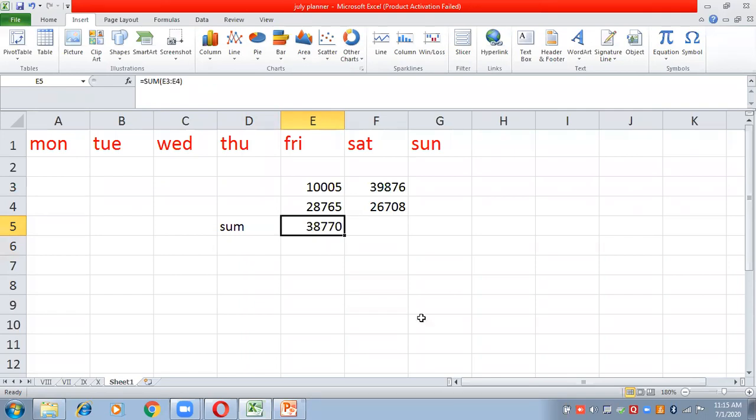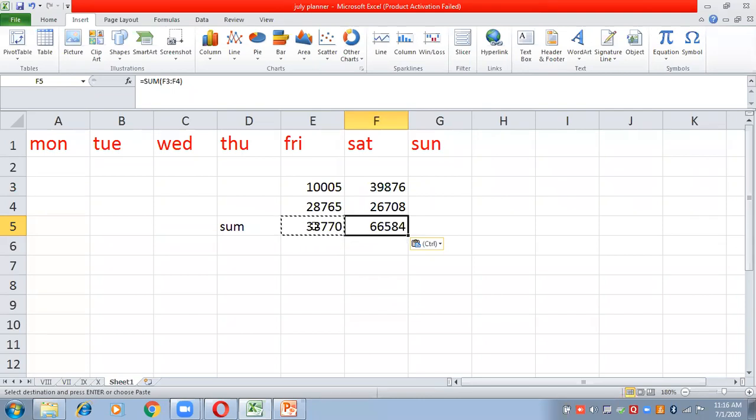I press Control plus C here, and paste it here, Control plus V. Even after copy and paste, the digits are changed. Why? Because of relative referencing.